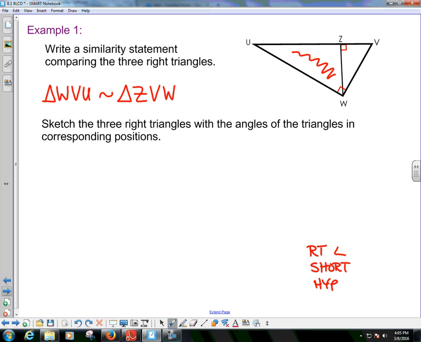So triangle WVU is similar to triangle ZVW, and that is similar to triangle